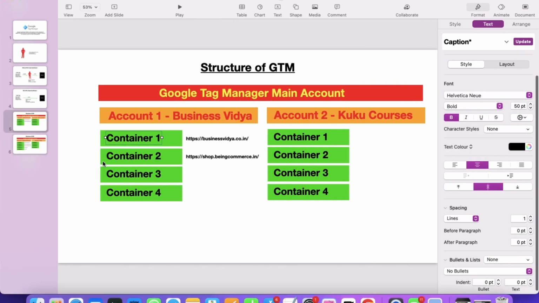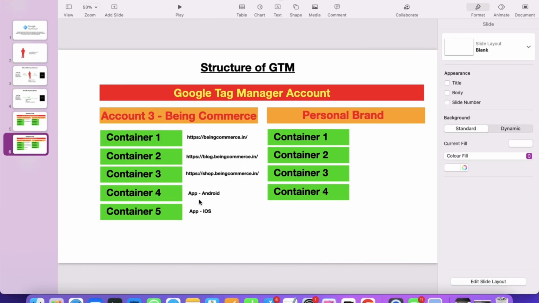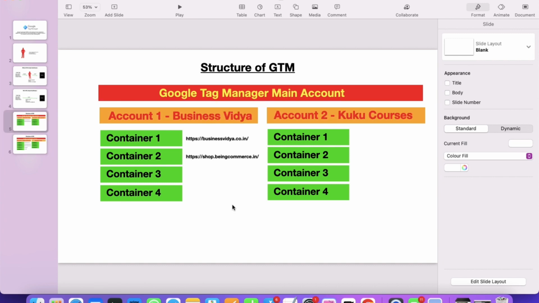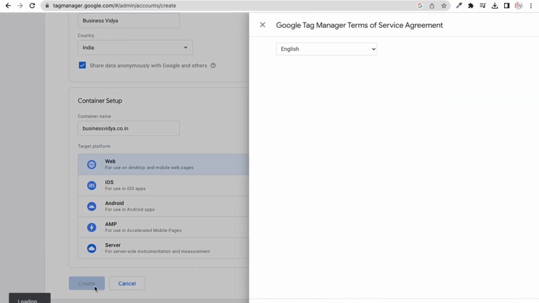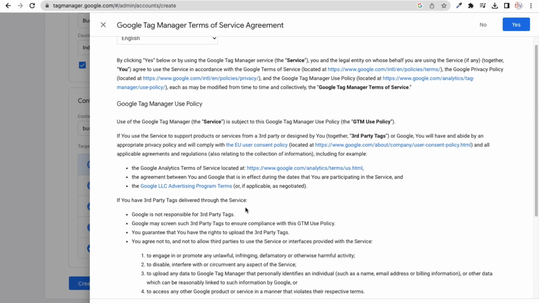So this is what I told you, that you can create unlimited containers for different purposes, maybe for your Android application, for your iOS application, for different websites or servers. Okay, so now in this case we can just go with the website. Okay, so I will select the website, and I think the majority of you want to go with the website settings. Okay, so we are going to choose this option. So I will select that and then click on this create button, and from here my friends